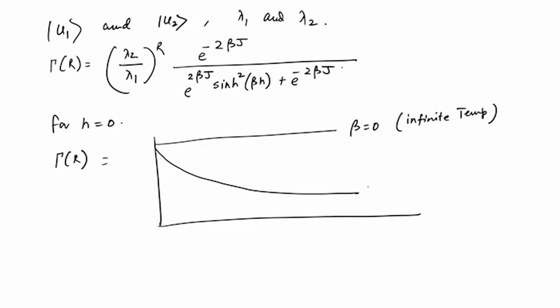finite beta. Okay. So, this is gamma r plotted as a function of r. As you increase r, the correlations fall down. If you have any finite beta, you will have a fall off from this, and of course, at beta equal to 0, it is a constant line which does not fall off. And the correlation length can now be